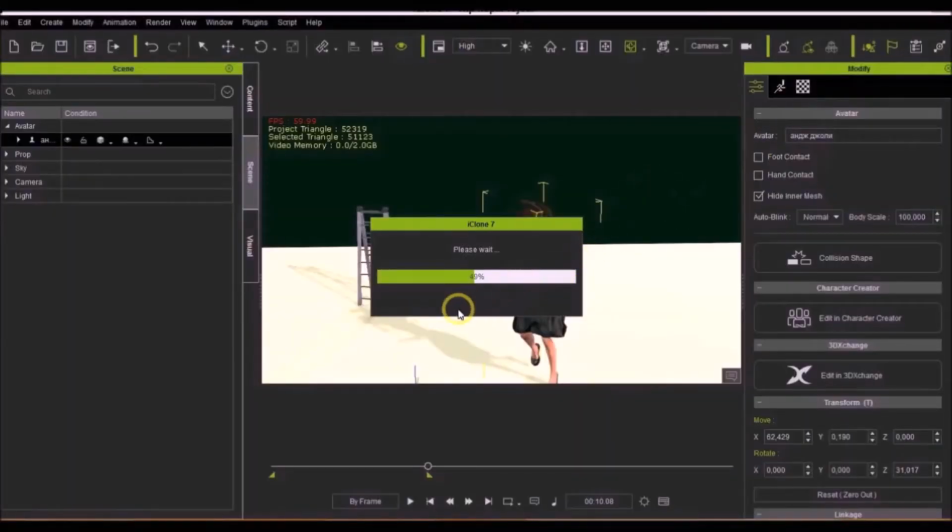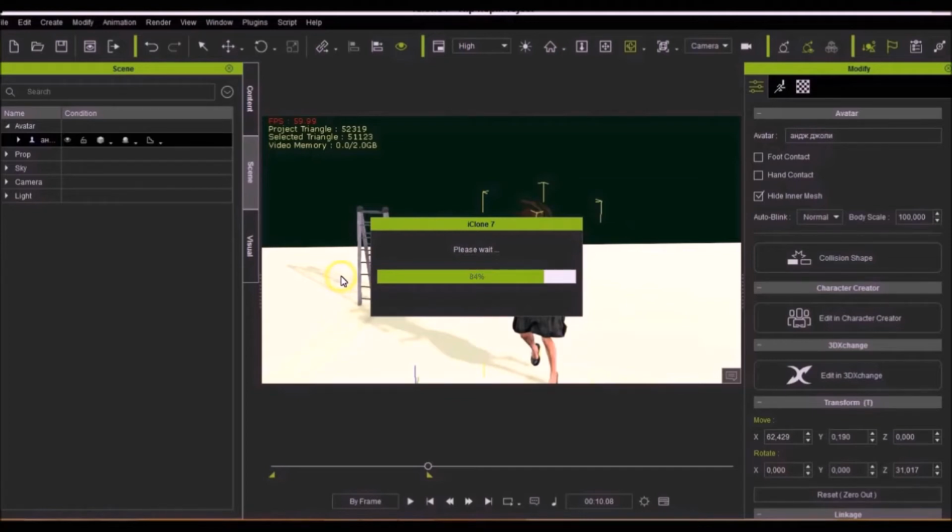Since iClone doesn't support creating, morphing, or sculpting objects, it's best to use a soft close object when simulating soft close physics. Let us consider this in more detail.